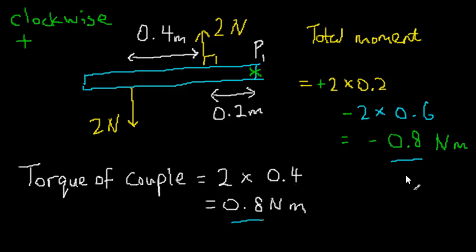Okay, so where are we now? Let's review what I've done. How did I get this 0.8? I added up the moments, but before I added up the moments, I had to decide on a place for my pivot, because I need a pivot to find the moment. And how did I decide the place for the pivot? I just picked one point at random. That's all I did. And if I pick one point at random and I can get the same answer,